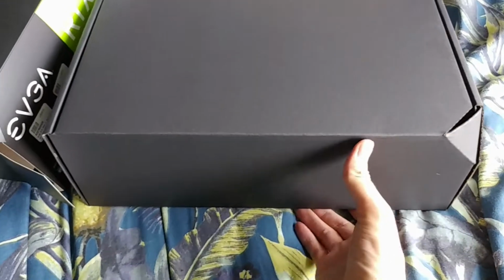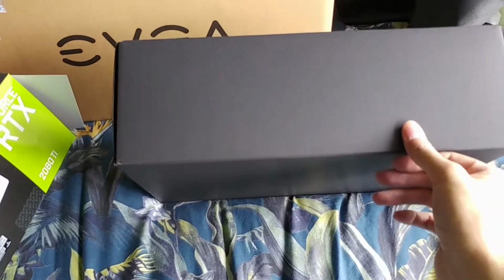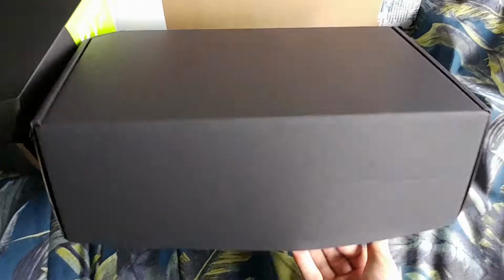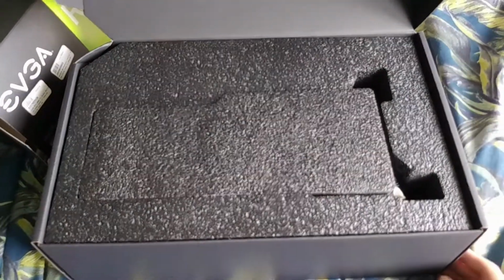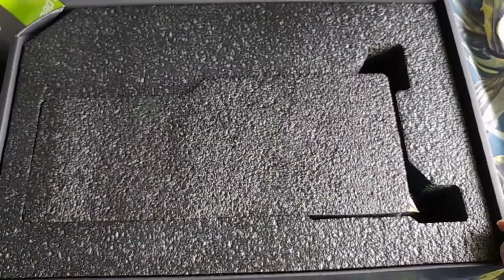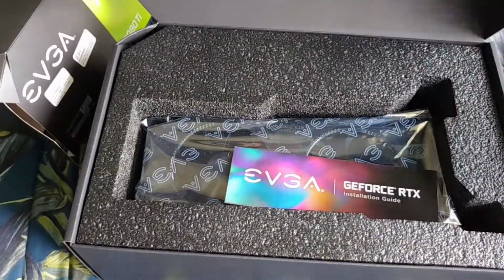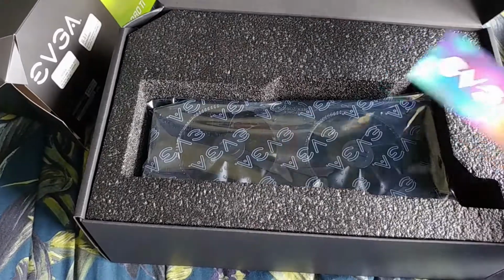Okay, so now then, let's see what's inside. Do I need any other stickers to unsticker? No. Okay. So I guess this will just rotate out like these things are normally designed, like that. Oh yes. And the moment of truth. Some nice styrofoam or some form of safety plastic packaging, but that's good. Inside we see some anti-static, hopefully containing the graphics card. Oh wow, that's nice. Some nice graphics on top of the graphics card,